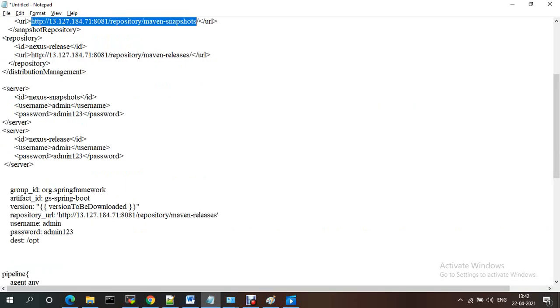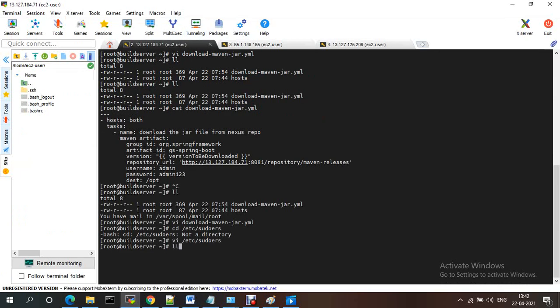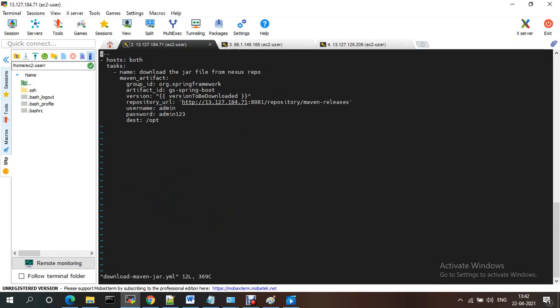Just snapshots, go to here, download host, the repository, Maven snapshots.